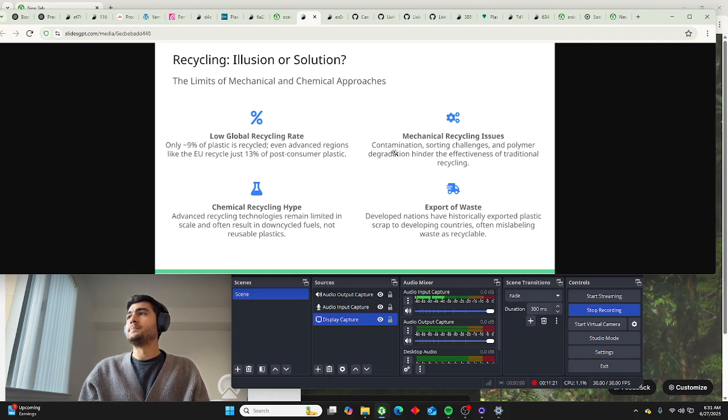Okay. And still the advanced recycling technologies are limited, and developed nations have historically exported plastic scrap to developing countries, often mislabeling waste as a recyclable thing. They usually sent it to third world countries. They just fill the land or send it to the ocean. So,